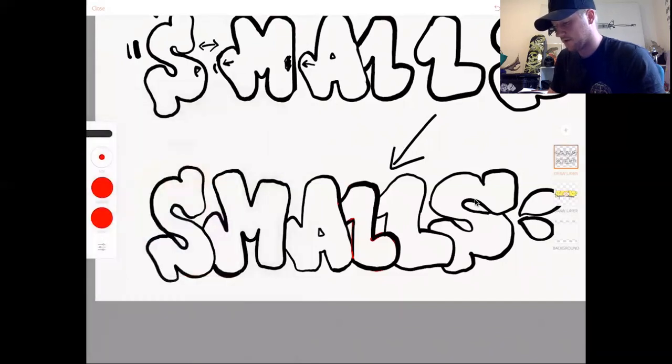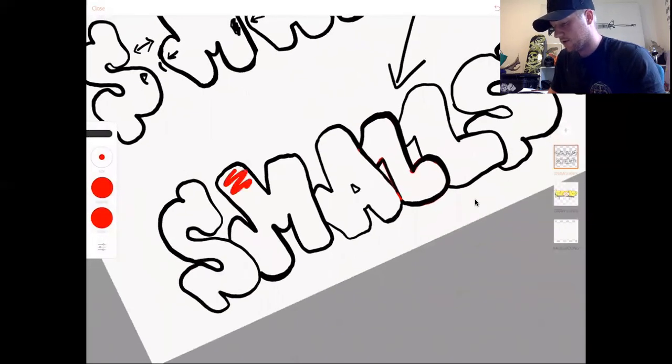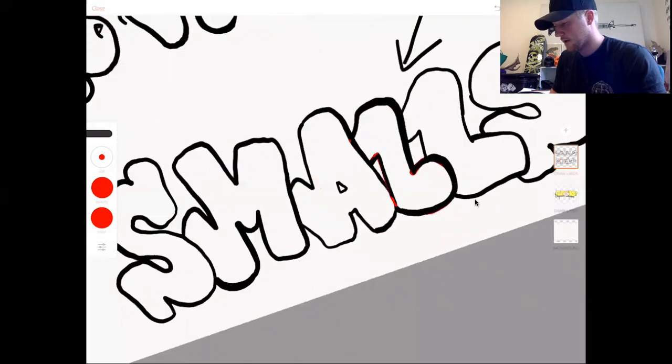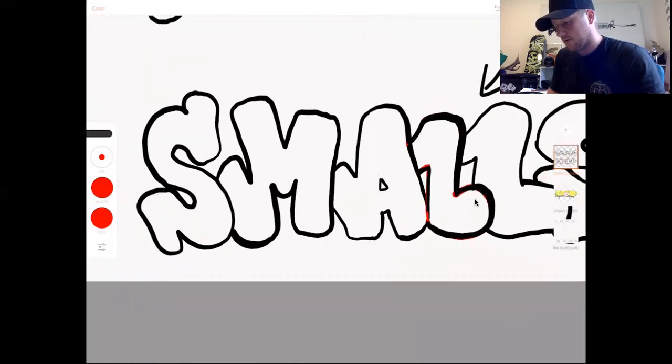A lot of throwies you'll see colored in really quickly, almost like a zigzag sort of pattern, which will then just give it that connection to a graffiti throwy sort of style. Obviously this is pretty rough. You can take a little bit more time on that, but that style can look cool. Once you fill the